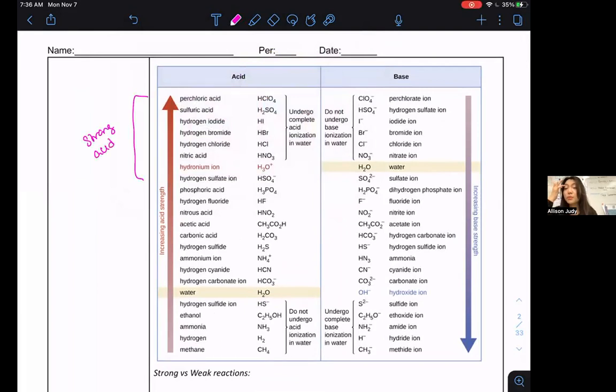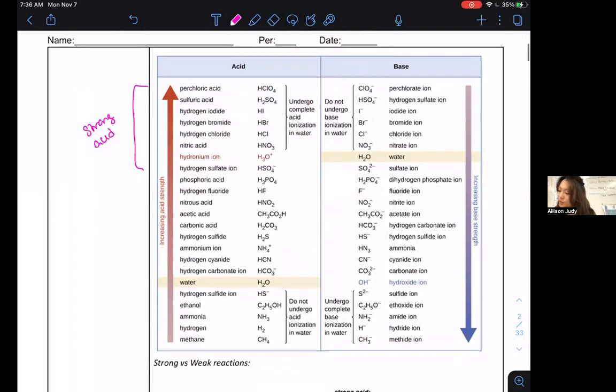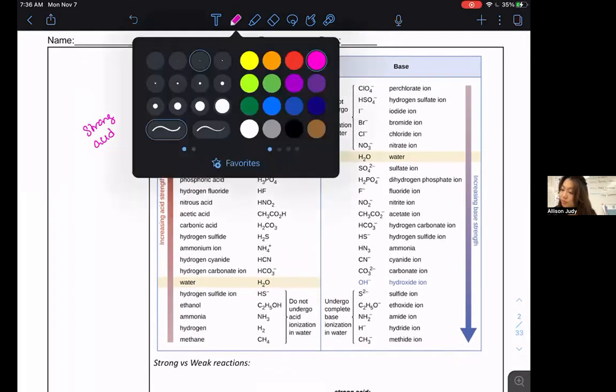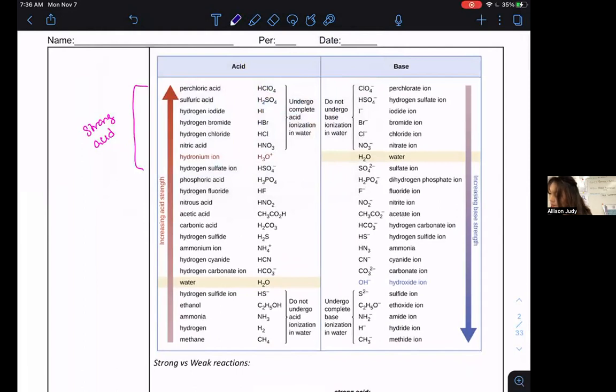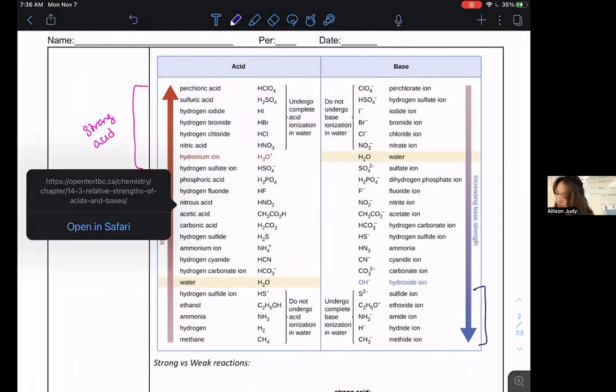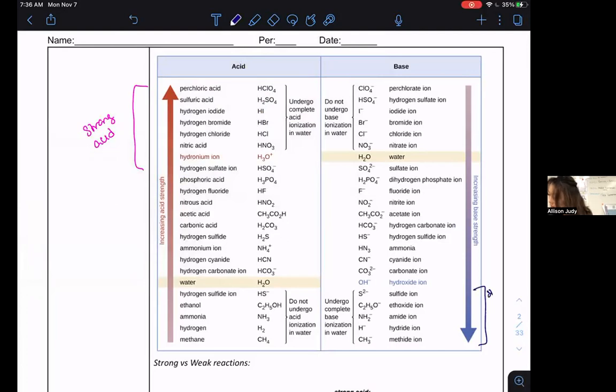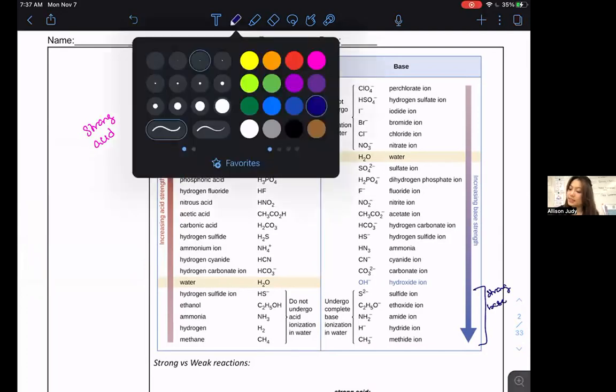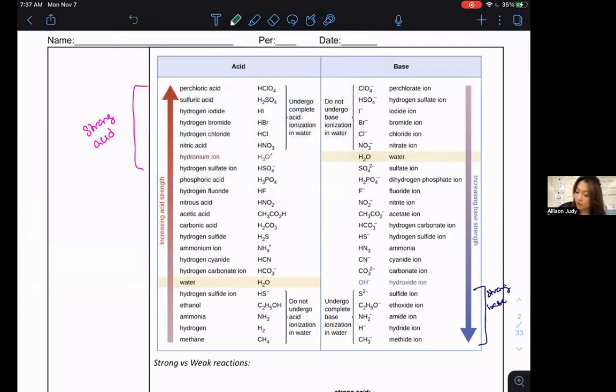Full, more complete ionization. And what's a really, really strong base? Down here, right? Strong base. And then what you also should think about is don't forget to pay attention